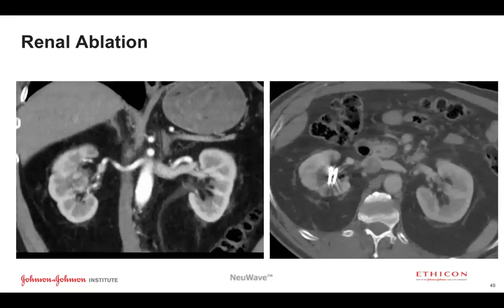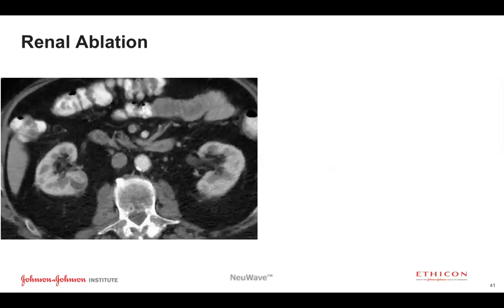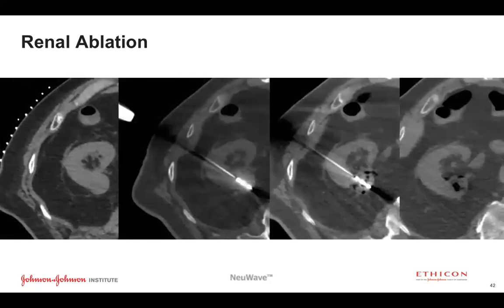And that's certainly a technique that we use often if we're anywhere close to the ureter or the UPJ. So here's another lesion that's along the medial aspect of the right kidney. Here's another technique that some people like to use. We don't use it that often, but if you do, you can see